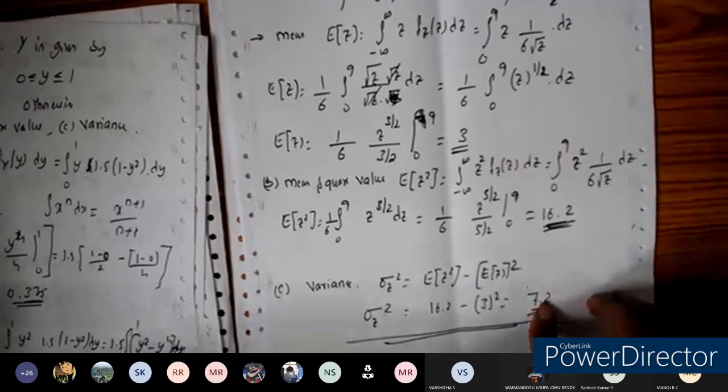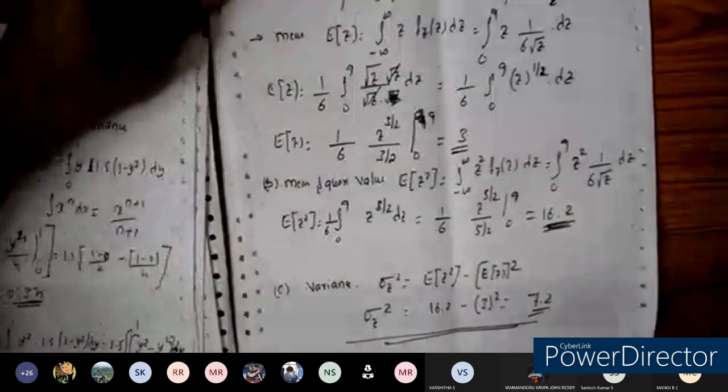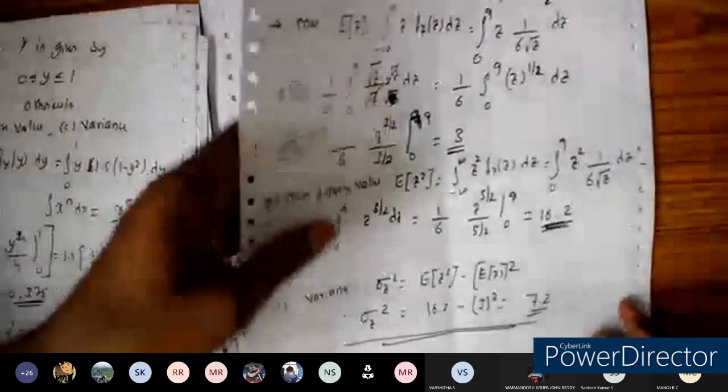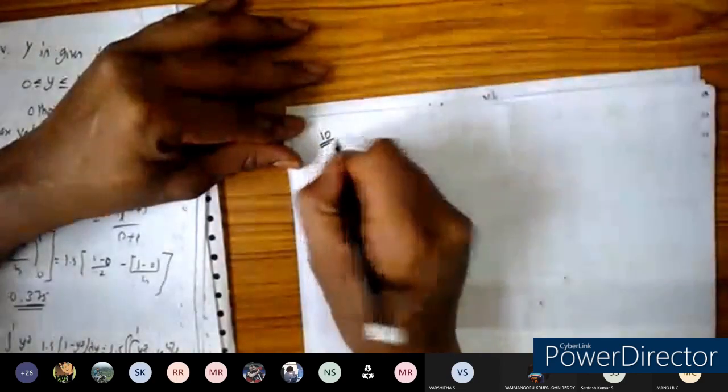Done, right? Okay, fine. So we'll go for the next problem, a similar kind of problem. Okay, so problem number 10. I think everyone is following the problems here. These are the exercise problems, and these problems have been asked in the exam. The last exam that was conducted asked these.